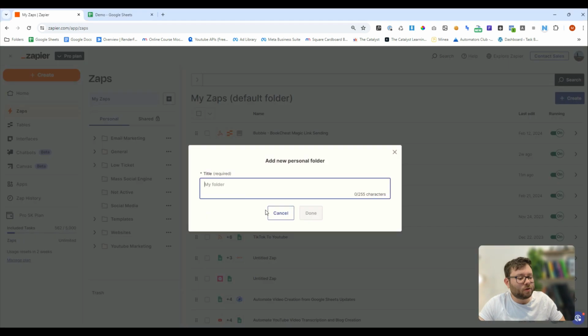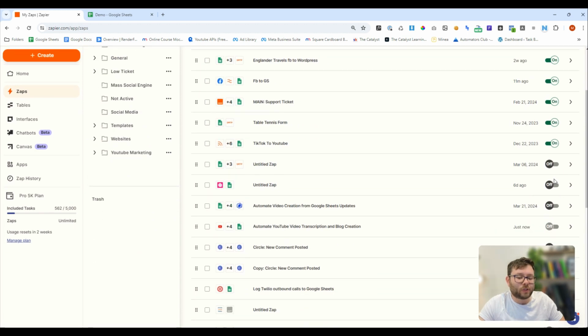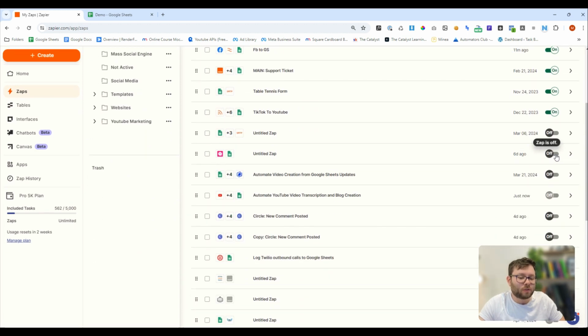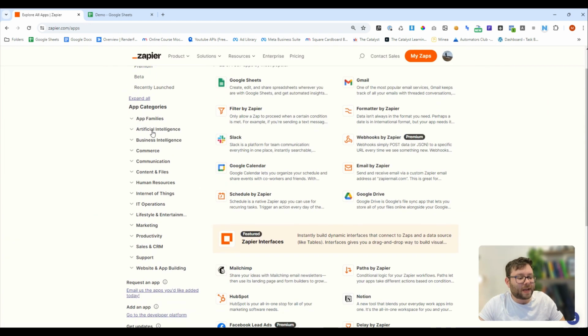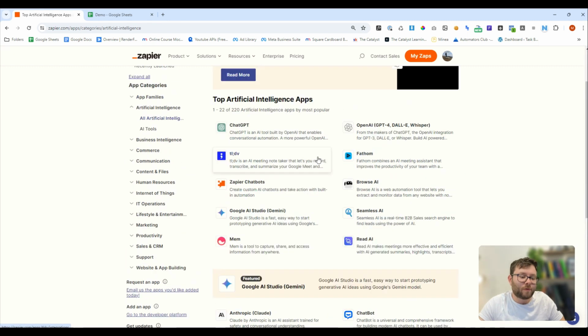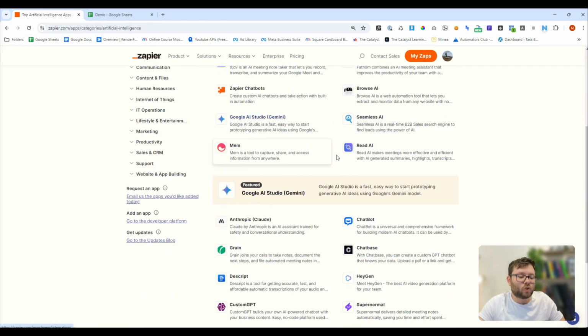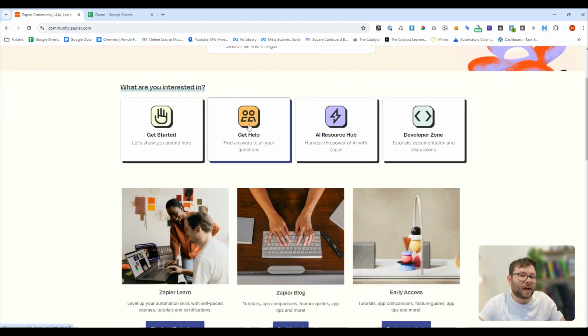Inside your Zap area, you can create folders and then start organizing all of your Zaps into each one of these folders. You can also quickly toggle each Zap on and off just by clicking the toggle button. If you're wondering what sort of apps Zapier has on the platform, you can click on Explore Zapier and then navigate through all the categories of Zaps relevant to each category. So for AI style apps, it's got a ton of different apps. They also have a community area where you can ask the community any questions that you get stuck on, and